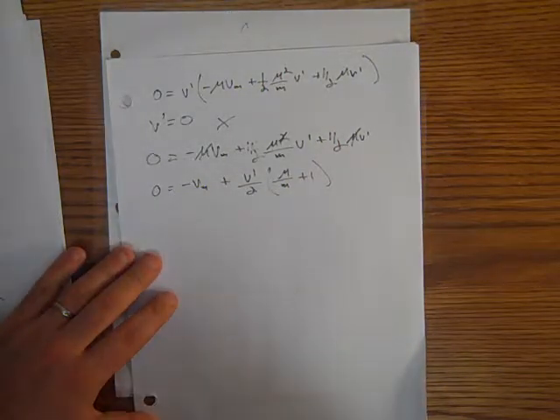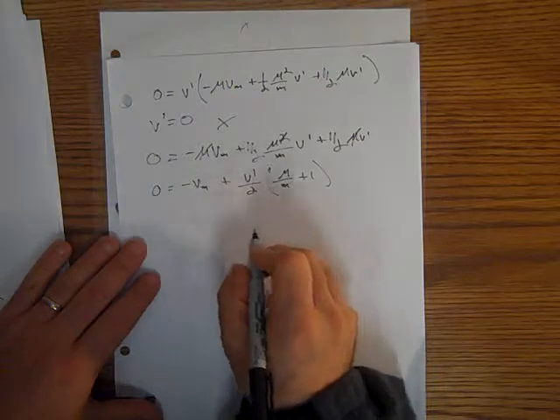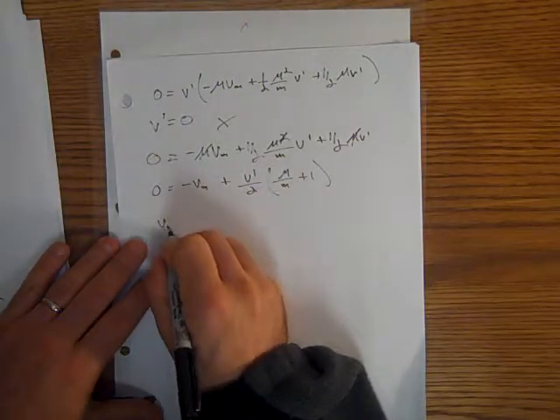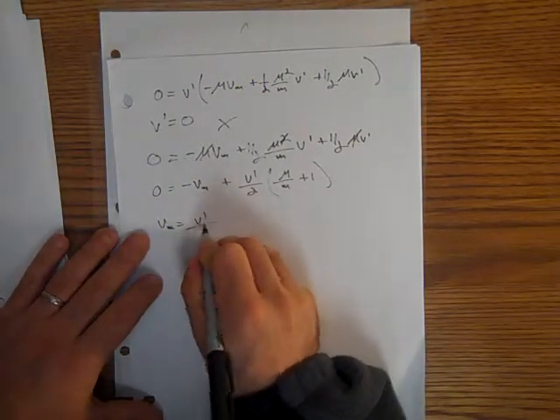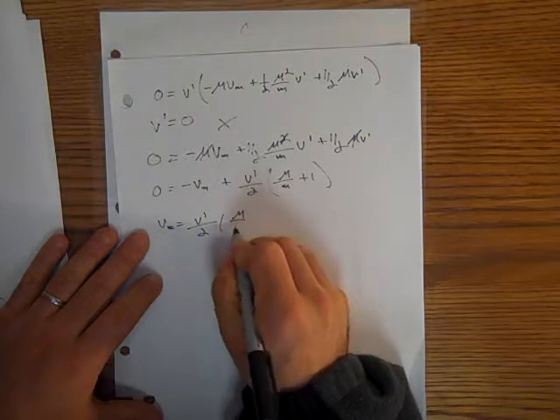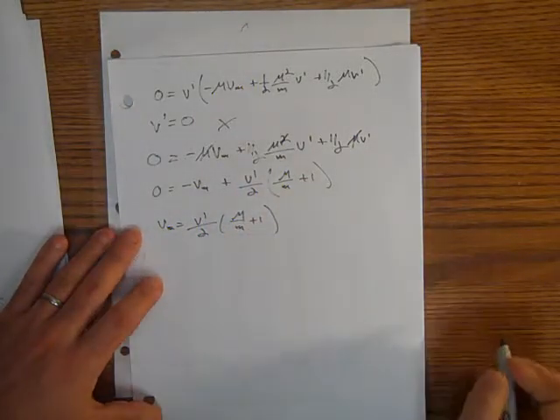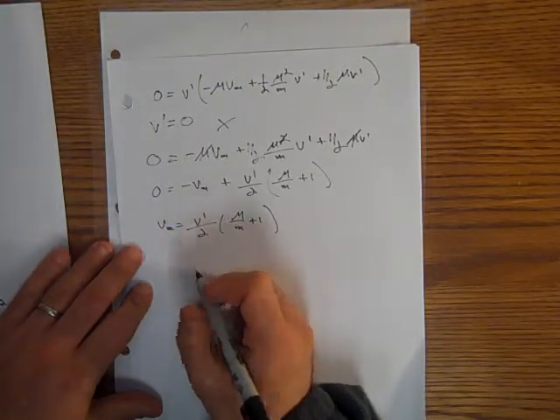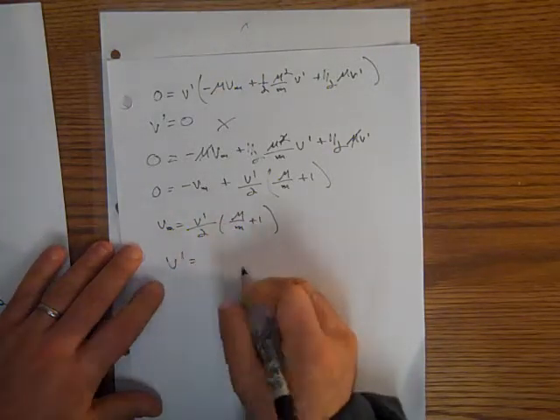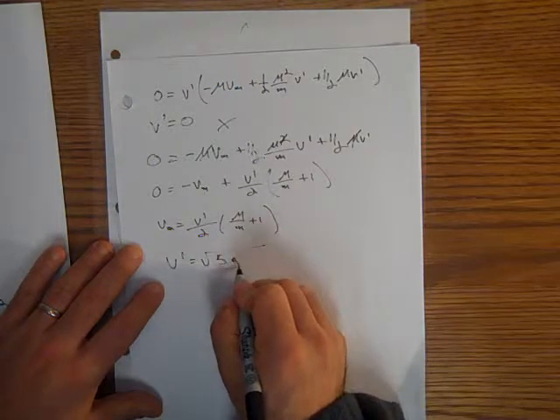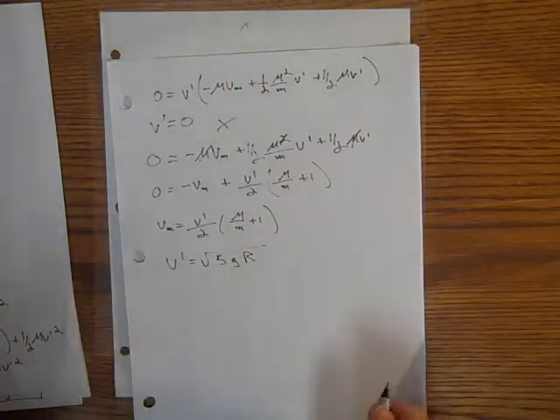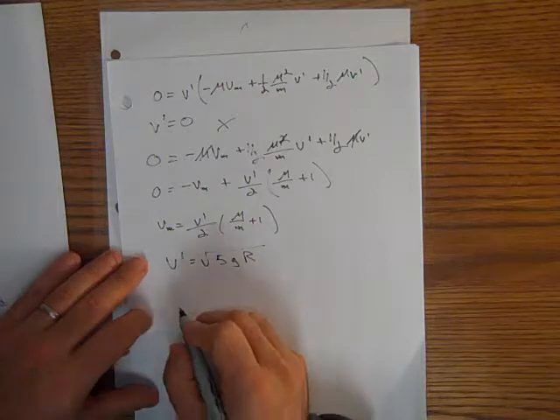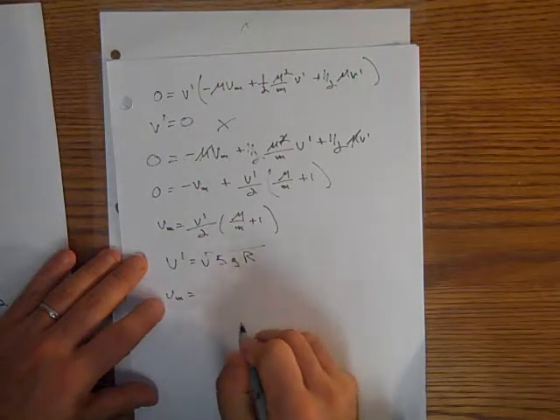Or what I can do is I can actually solve for Vm. Vm is equal to v prime over 2, big M over little m plus 1. And now I'm going to substitute in my result from the very beginning that said that v prime had to be the square root of 5gr. And so I can go ahead and just plug that right in. I get Vm is equal to